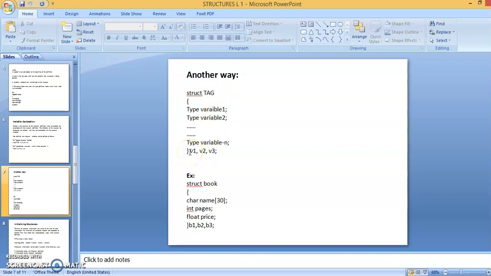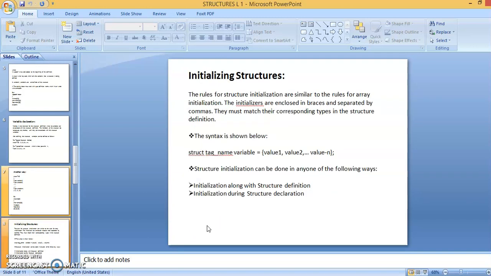In the previous syntax we ended with a semicolon, but here, at the time of defining the structure itself, we can also declare the structure variables. For example, a structure book is created here, and b1, b2, b3 are called structure variables of book type. This is another way to create a structure.